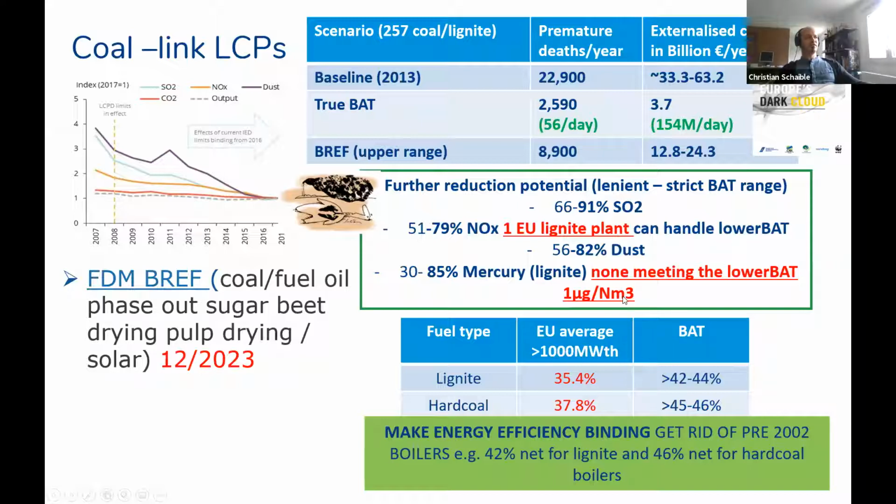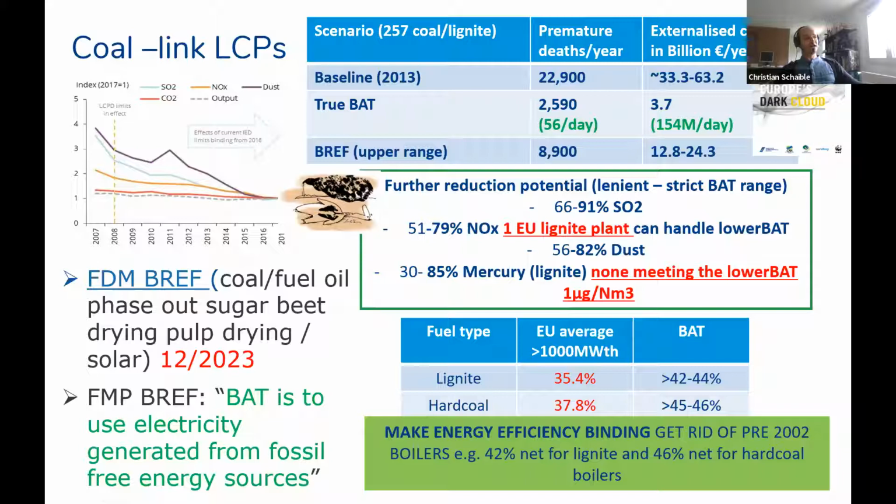Well, I have a good example, maybe on other areas which you would probably not expect on the BREF. There's a food, drink, and milk BREF. Sugar beet also still uses coal and fuel oil. So the target phase-out for the fuel oil use and coal, I hope, would be in December 2023. There are some new standards on SO2 in particular, that you should use fossil gas instead of coal. So it's okay, the less worse.